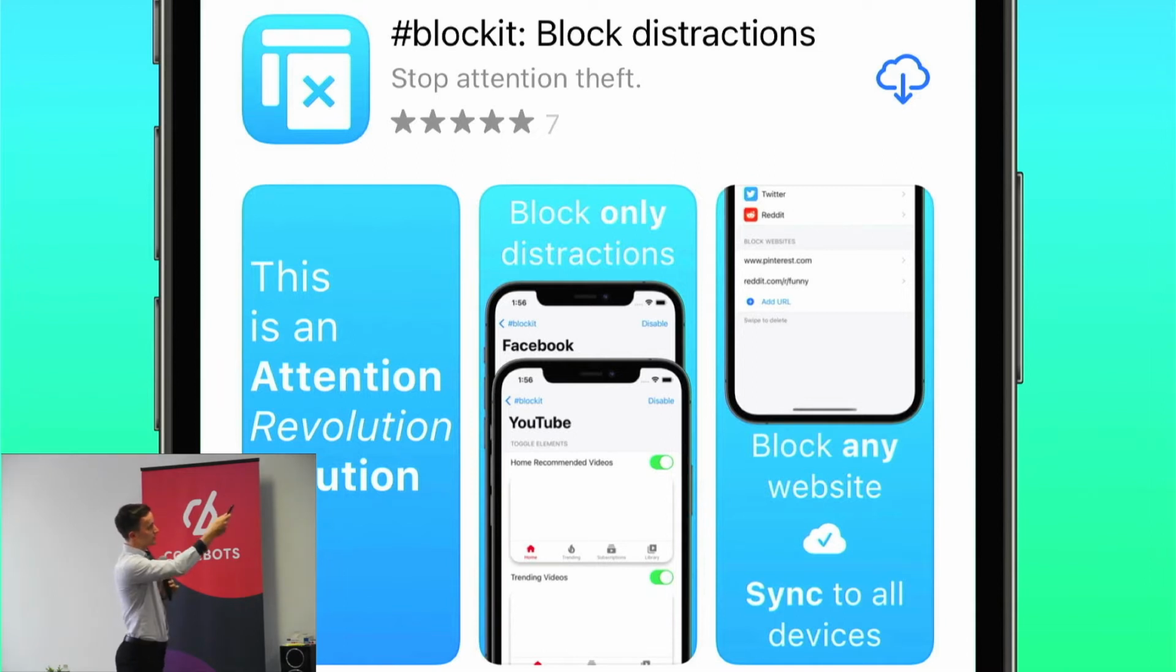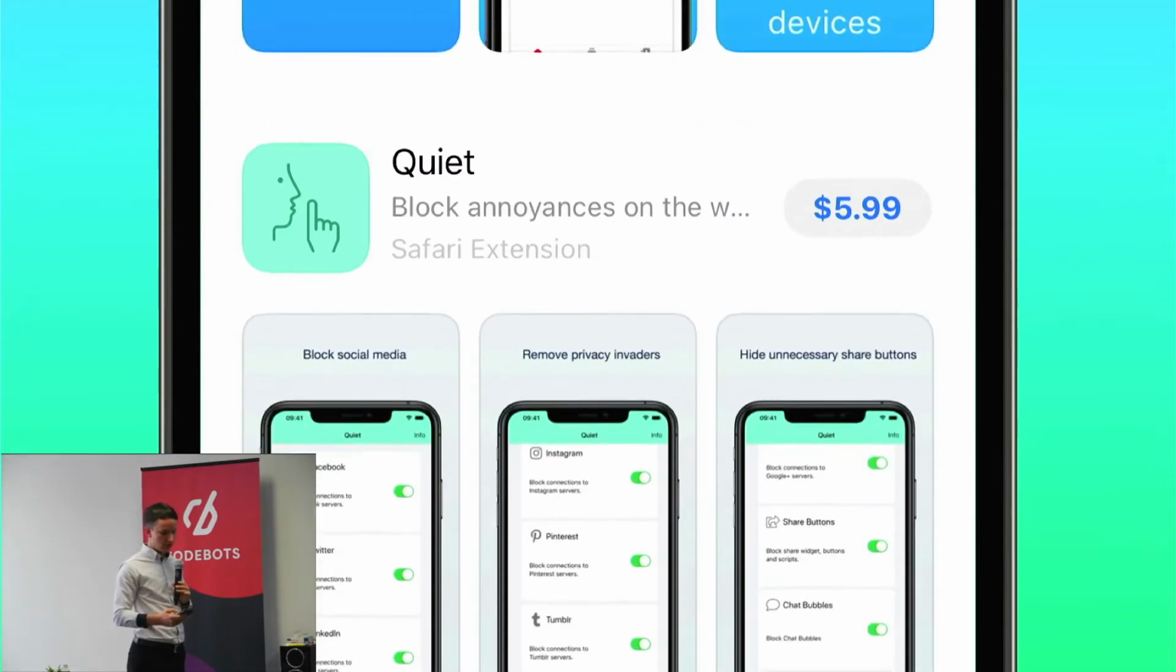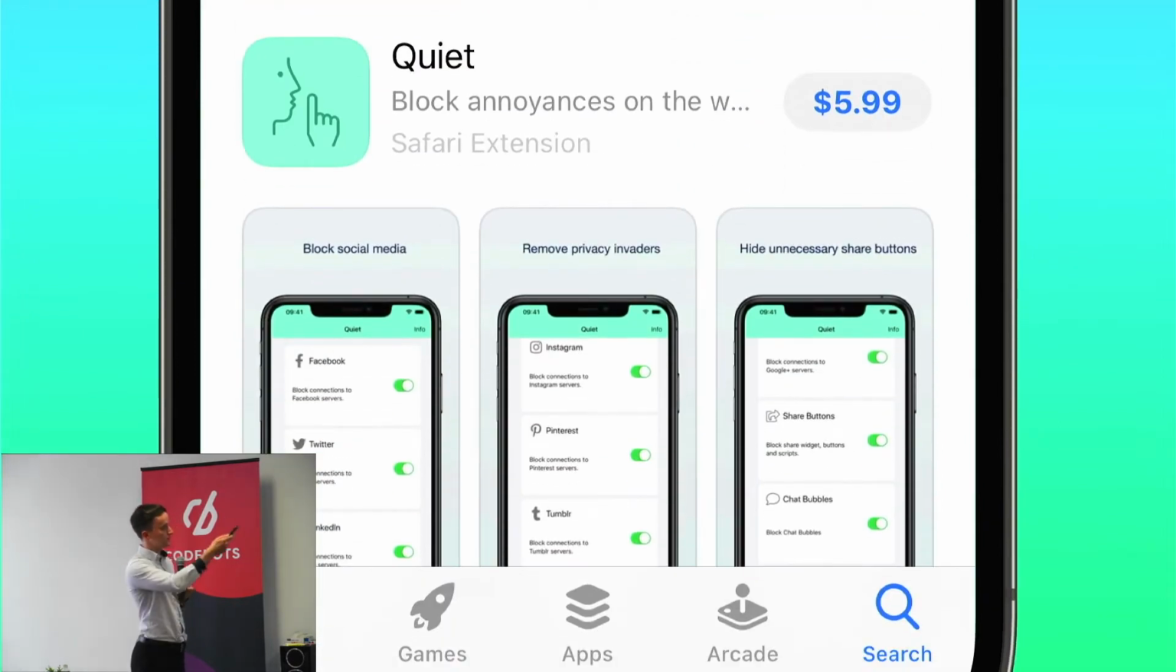I used to have a subtitle that was keep the good, block the bad. It was all right, and it was also too long, so it got cut off. If we have a look at the person under me, Quiet, you can see it gets cut off. Block annoyances on the whoop. So it gets cut off. I really don't like Quiet. I will pick on them throughout this, and